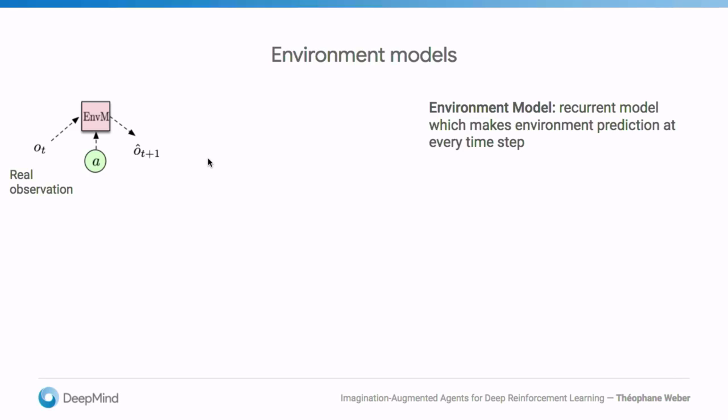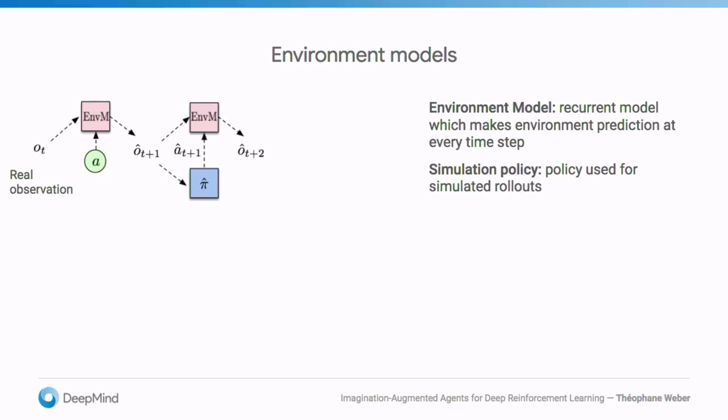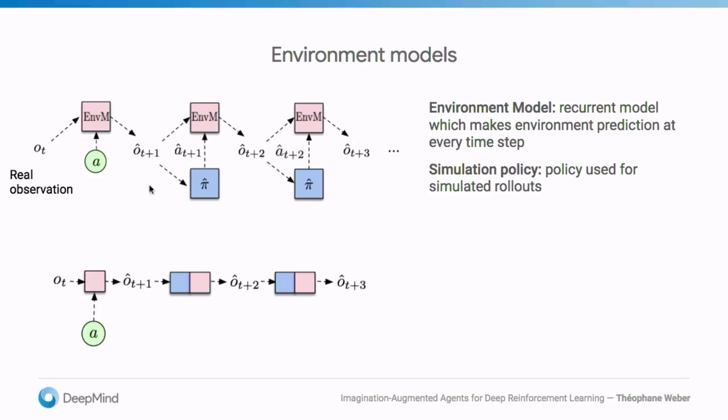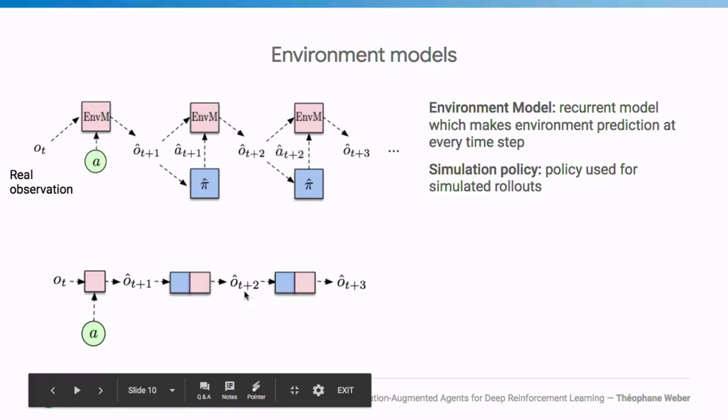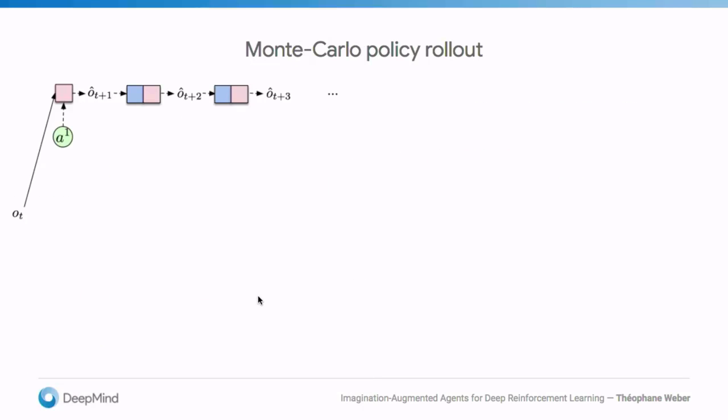And we are going to assume that the environment model takes as input the current state of the model and an action and predicts the next state of the environment. Okay? So we need a way to set these actions that we're going to send to the model, these simulated actions. So we're going to suppose that we build a simulation policy, which is the policy used for the simulated rollout. And by calling in turn the environment model and the simulation policy, you're going to create a sequence of predictions, which I will call a rollout. Okay. For simplicity in terms of the graph, I will represent the upper graph by this slightly nicer looking lower graph.